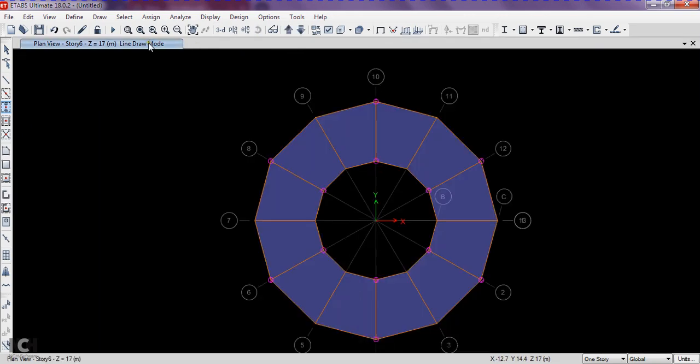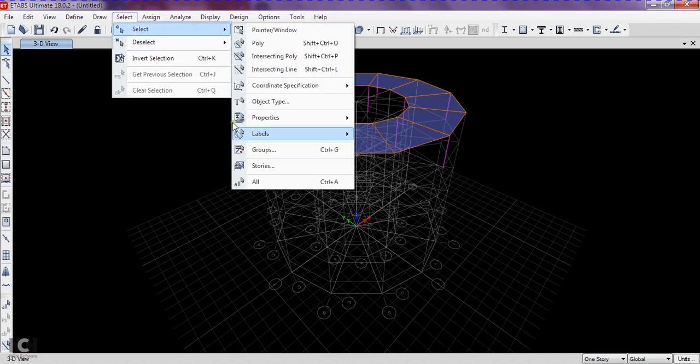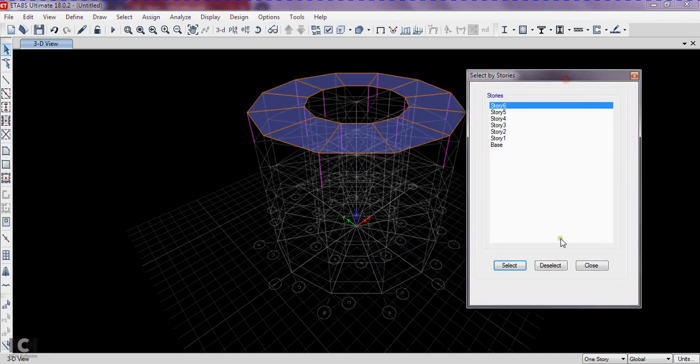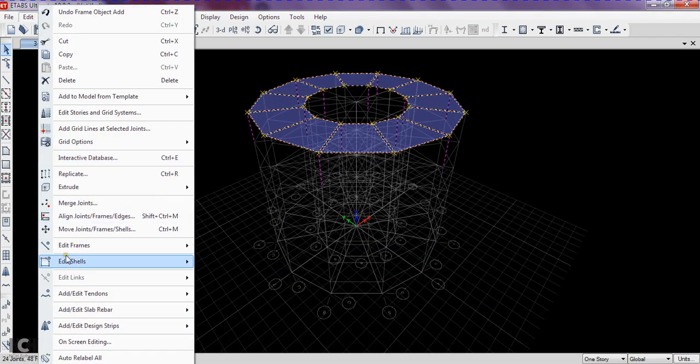So what you do is you can make this itself 3D. It is drawn in the last floor. So what you need to do is replicate to the next floors. We drew it on the last floor, that is story number 6. Select this one. Now go to edit, replicate.